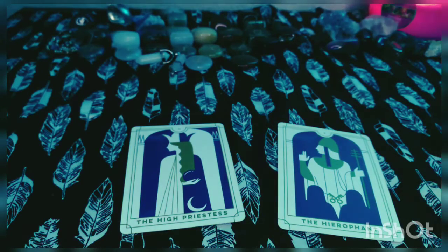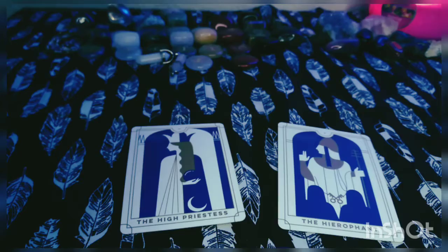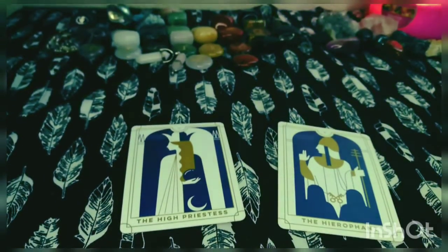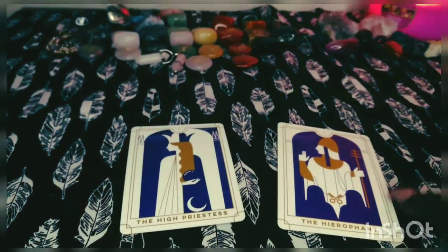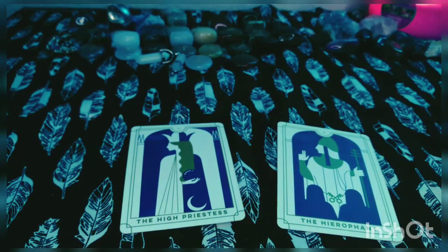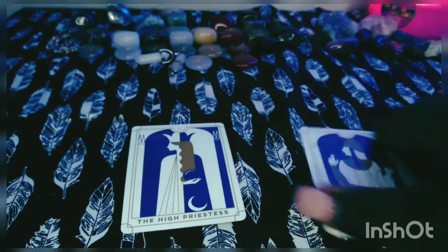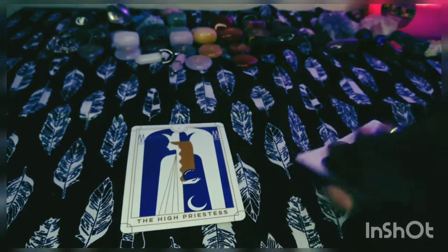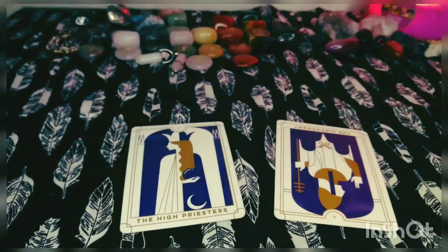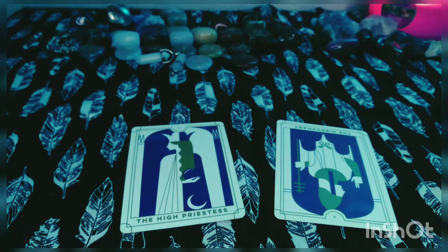When you get the High Priestess in its upright state, I feel like, yes, you know what you're doing. Yes, you know what you want to do. But you also need to think more about what needs to be done before you do it, just to make sure. And when the Hierophant is turned upside down, I feel like you want to do things at your own pace